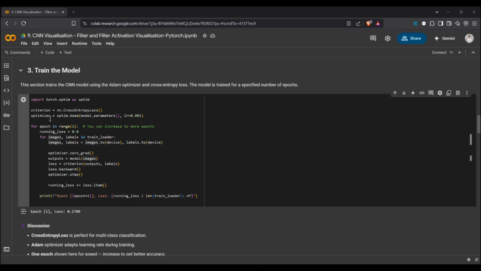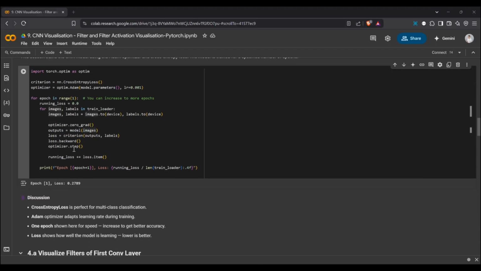So what are the roles of the optimizer and loss function here? The optimizer, which is Adam, adjusts the model weights to minimize the loss. The loss function, the cross entropy, measures how far off the predictions are from the true labels.